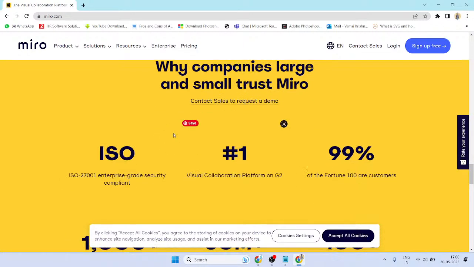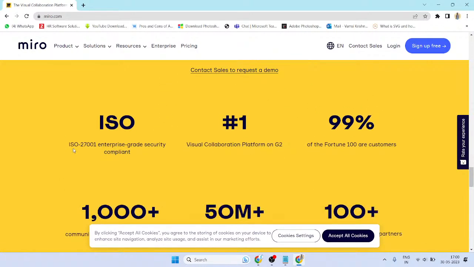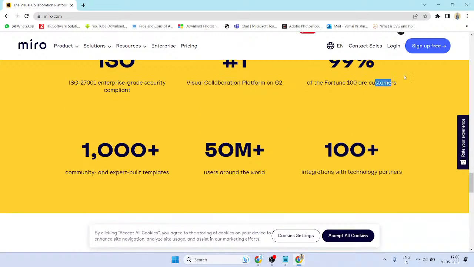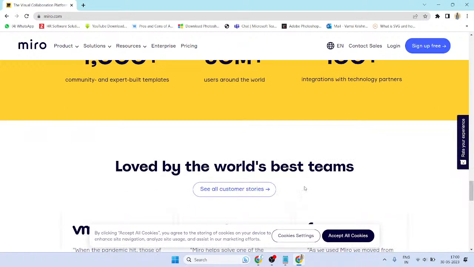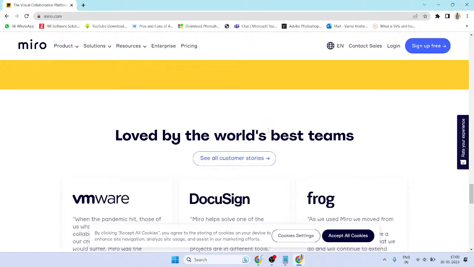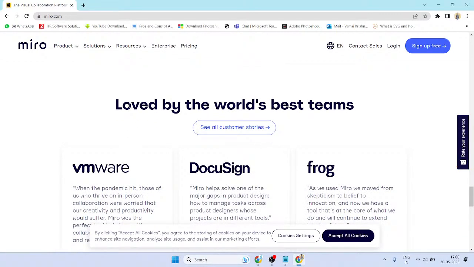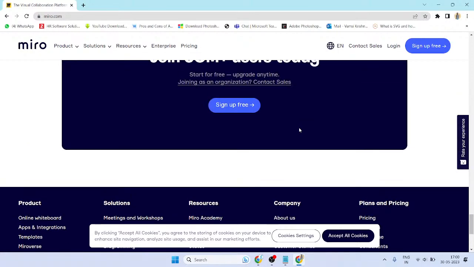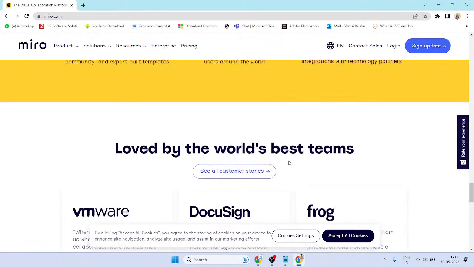Okay, and why do companies large and small trust Miro? Okay, fine. This is the ISO and visual collaboration, and this is just giving the basic information for the company project, like the software application. Love the rules, VMware, document sense, 50 millions. So everything is very clear, guys, and this is